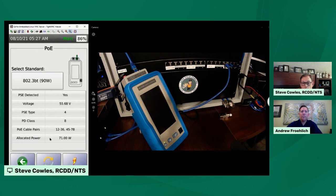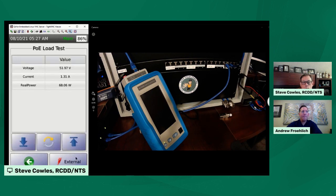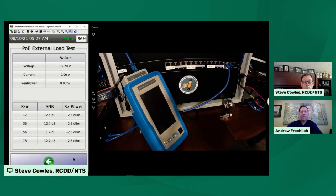Because what happens here, the allocated power is essentially what the switch is telling you that it can give you, and in the real world, unless you put a load on it, you don't know what it can give you. And then beyond this, there is another tool in here where you can do this over an extended period of time. So if we went external and had an external load on here, you could monitor this over time